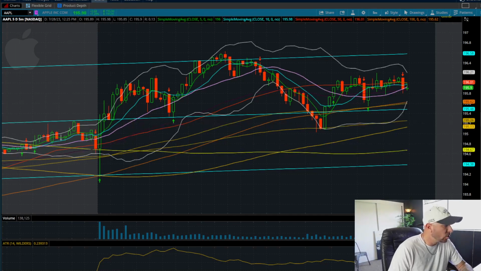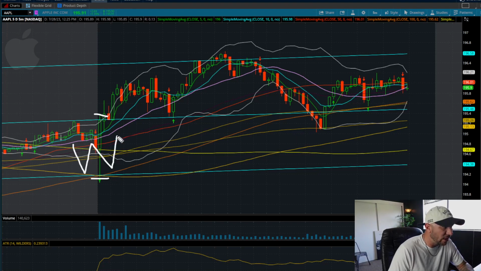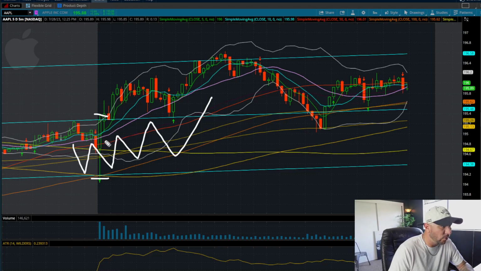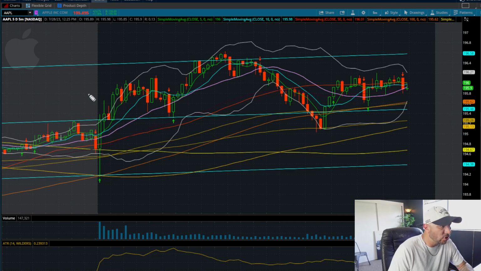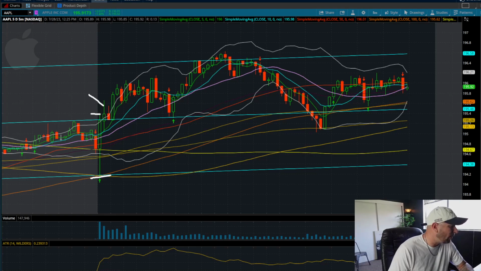All I'm looking for here is, as soon as this candle closes, boom, I've already got my stop loss here. I've got a ton of support down here. Even if we do start to come down, maybe one of these moving averages catches support. So that's good enough for me. As soon as I put my money into this candle, it's just a waiting game. So now I'm long in this play.